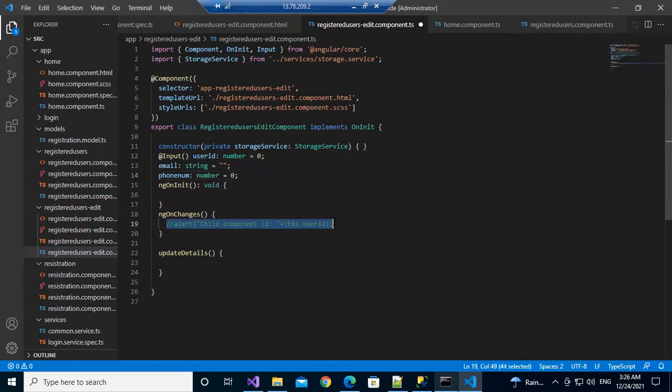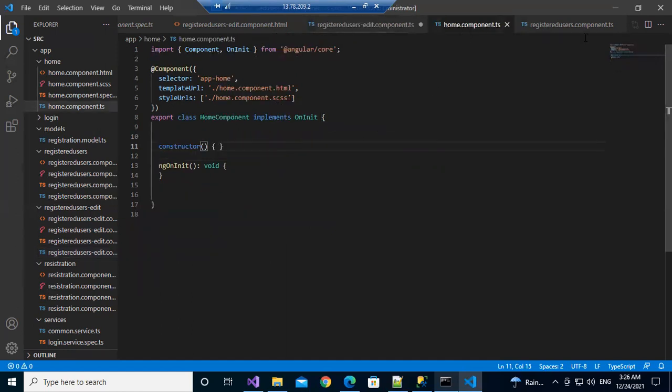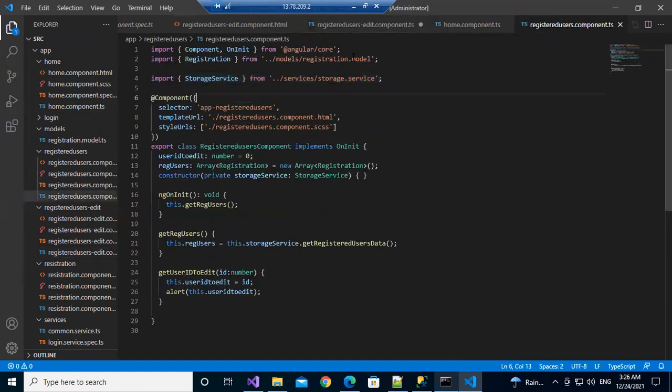Sir, here you are showing single values, but practically I can have an object type. You can create an object instead of this. What is that object? Registered users, right? You get that object here: registration.